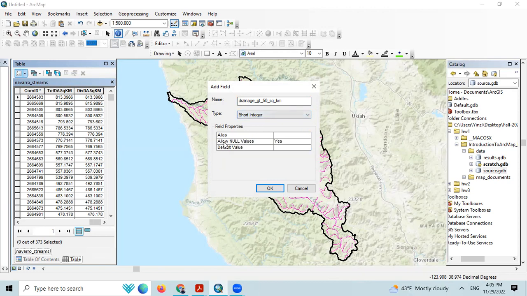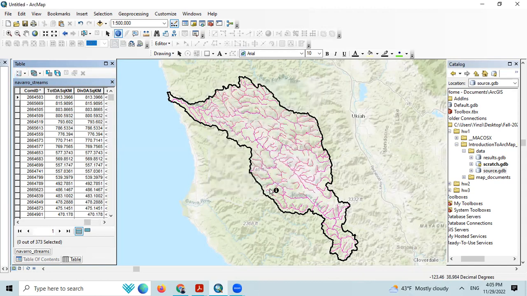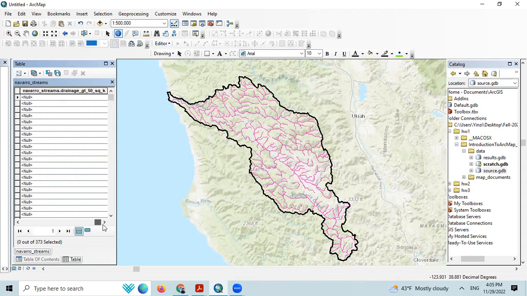And then for here, we allow no value. Yes. And we initialize all the values as null first. And then click OK. So as you can see, we added this new field, new column in this attribute table, and all the values were initialized as null. So after this,